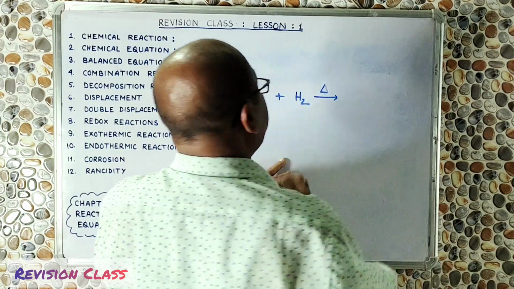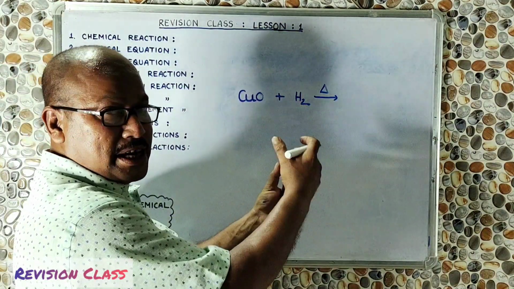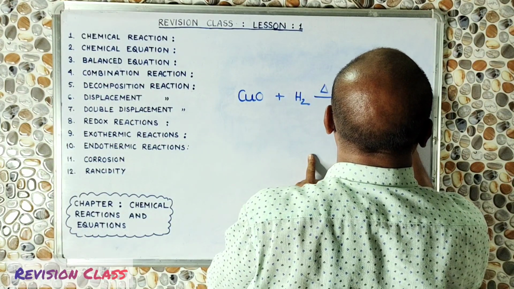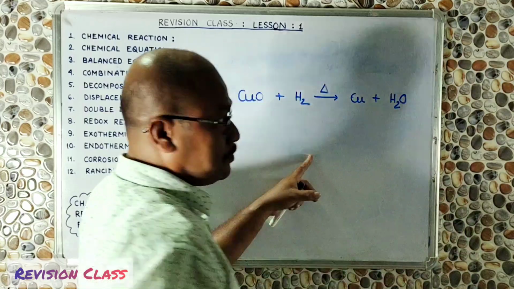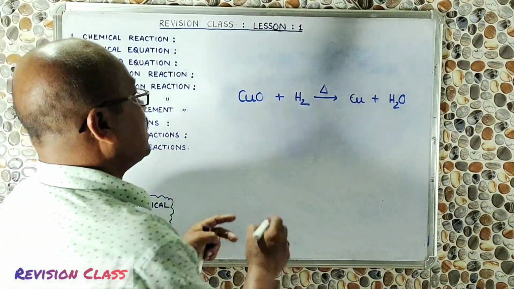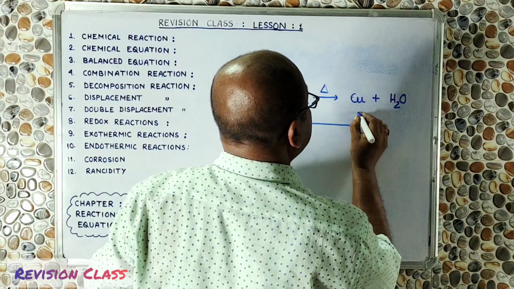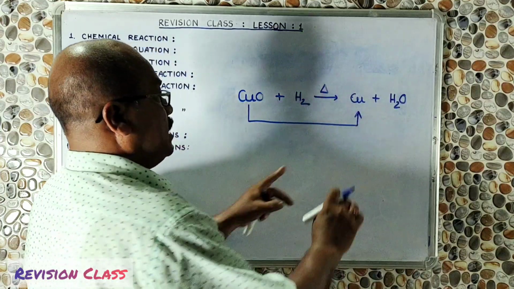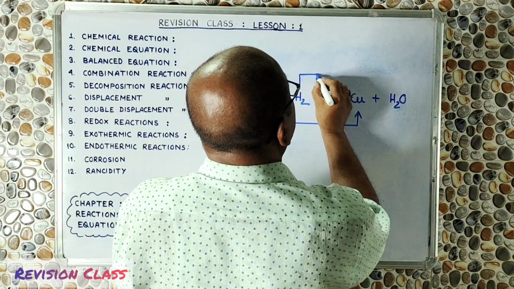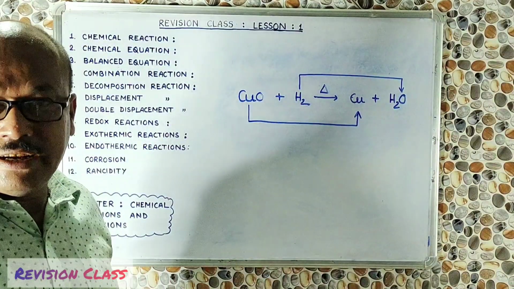Now if we apply heat, then due to application of heat, a chemical reaction will occur, and this chemical reaction will result in the production of copper and water molecule. This is the chemical reaction. Now let us observe this chemical reaction. What is happening here to copper oxide? Earlier it was copper oxide, but now it has changed to copper. And here what we can see, this is hydrogen earlier, but now it's becoming H2O. We can see very clearly.